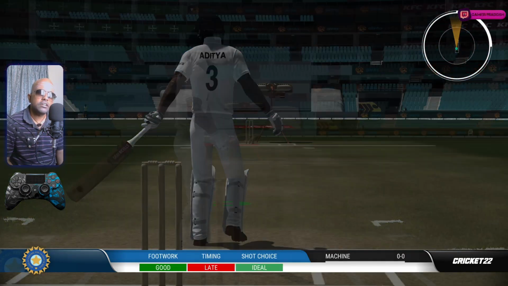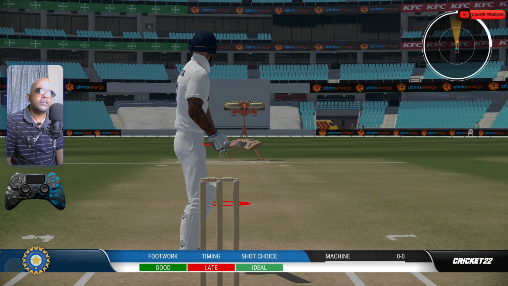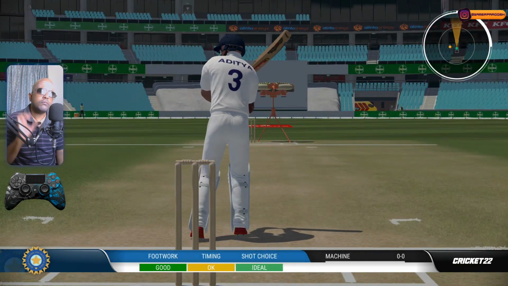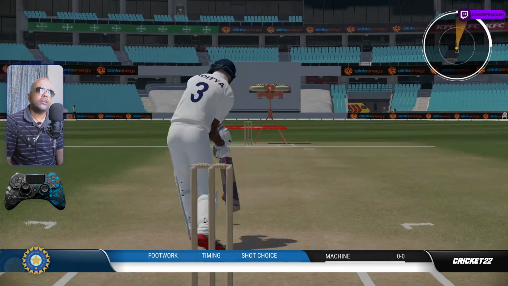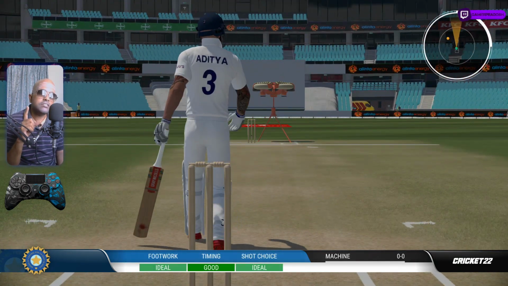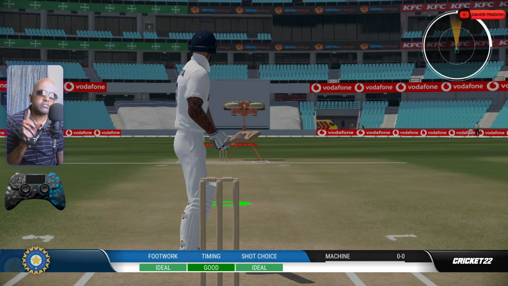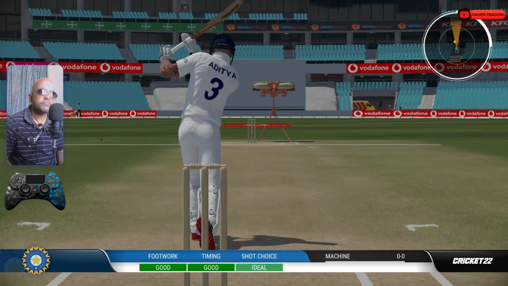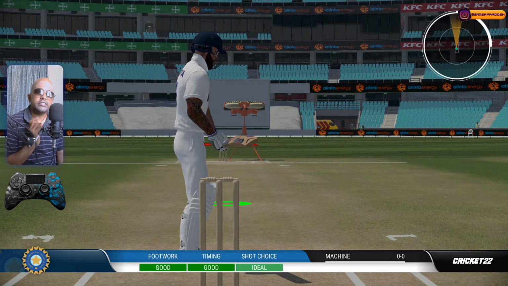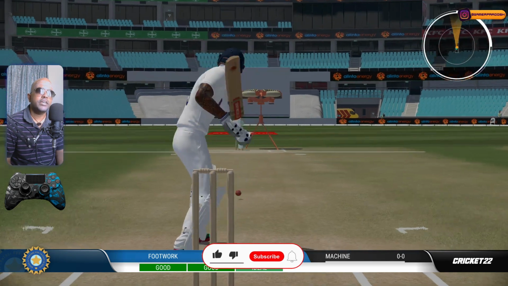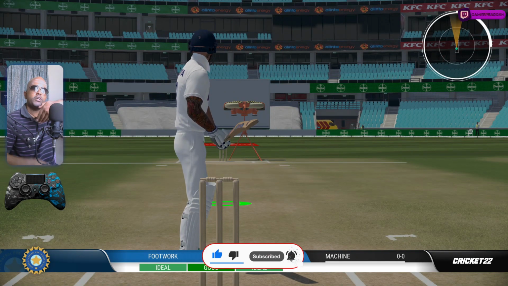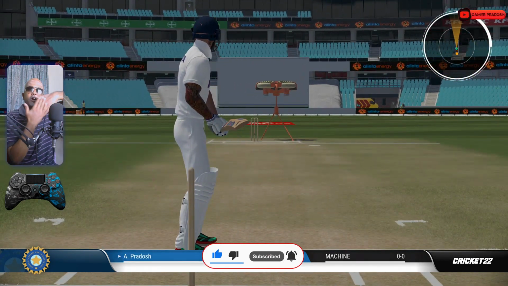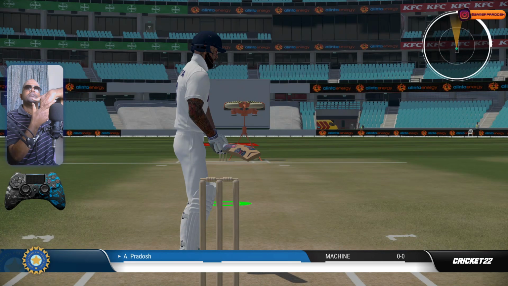See, again it hurries on you because you have a small window for the bat to connect to the ball, and if you miss that you can get LBW as well. But same thing, if I play the mid wicket shot, you can see how easily he is able to execute it, because there is a lot of time, and because the window of the ball connecting the bat is